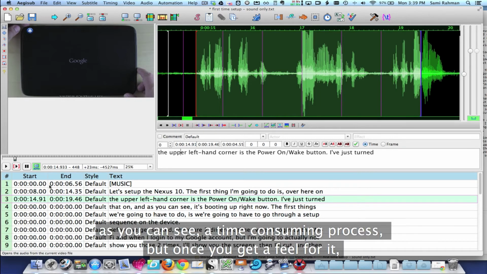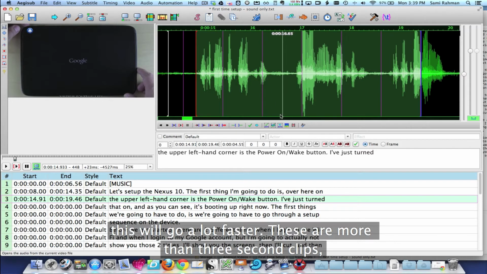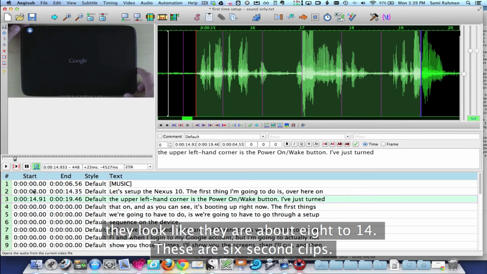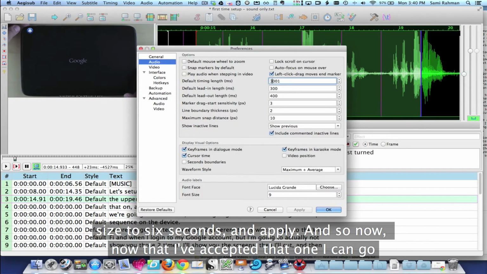This is, as you can see, a time-consuming process. But once you get a feel for it and the voice of the narrator, you'll get a better sense. You can zoom out, and this will go a lot faster. These are more than 3-second clips. They look like they are about 8 to 14. These are 6-second clips. So you can go back into the preferences back in here and change your preferences size to 6 seconds